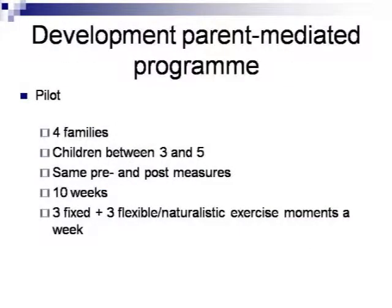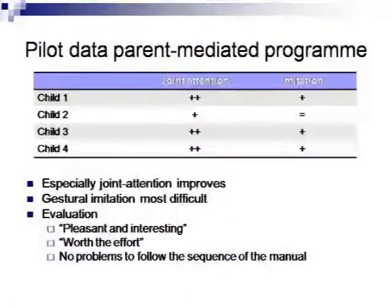We also developed a similar program for parents, and it's only in its pilot phase, but I thought before I finish for this Congress I would say something about it. We have now worked with 4 families with children between 3 and 5. We used identical measures as in the other study. The treatment was carried out for 10 weeks, and parents had 3 fixed, at-the-table exercises and 3 more flexible naturalistic exercise moments every week. Of course, these are very preliminary data, but